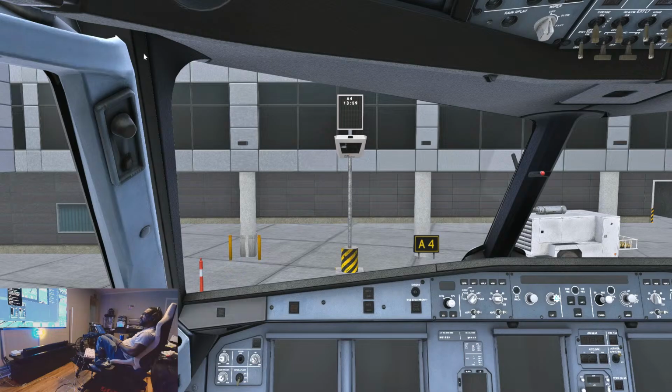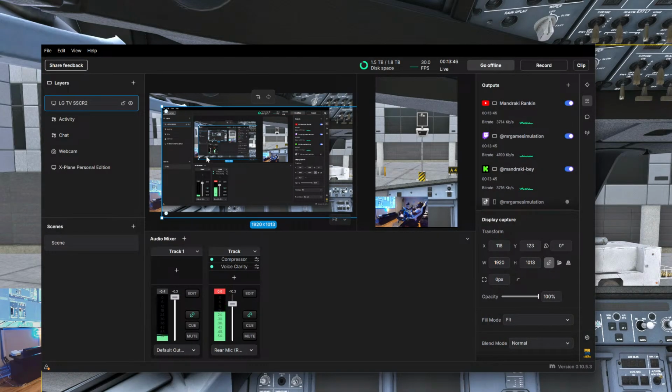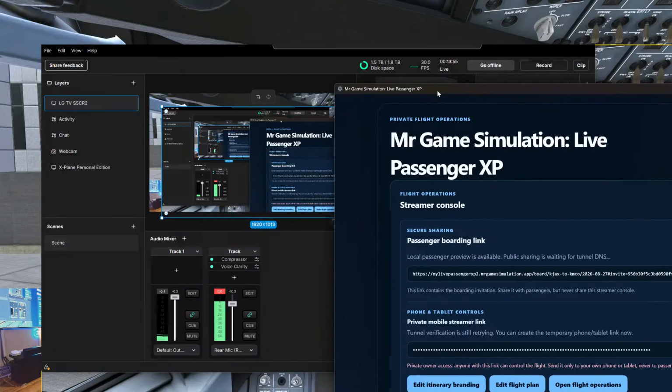I could. Let me see. Game capture, display capture, or specific window. Let me see. Select a source. What? It's not showing that? All right. So I really don't. I could make it capture that, but it's making you guys capture that too. Oh, hold on. Maybe if I did this,